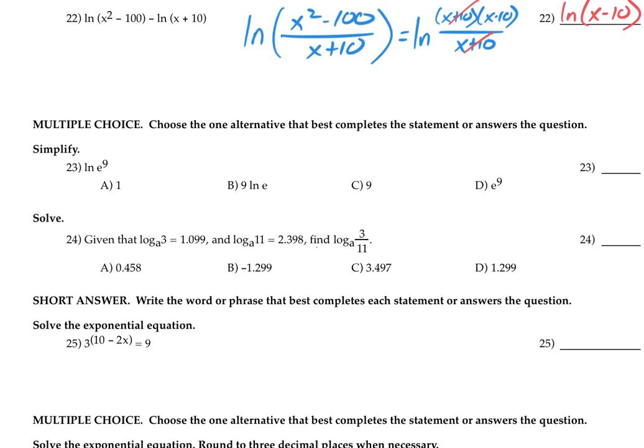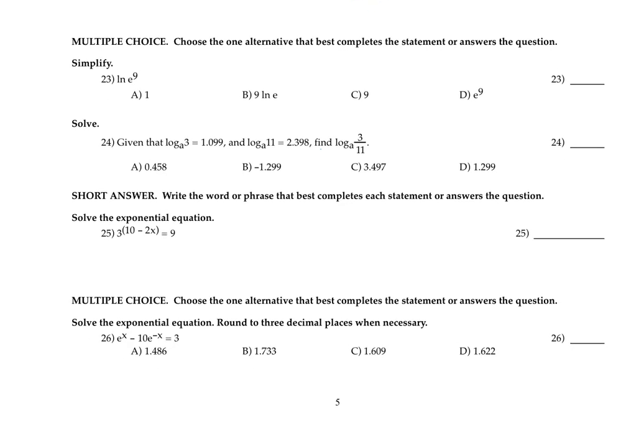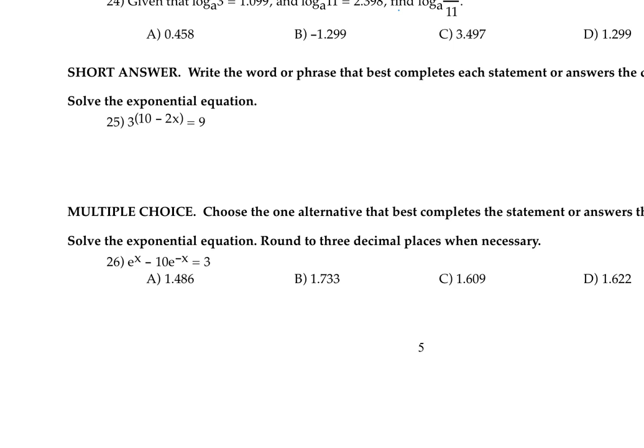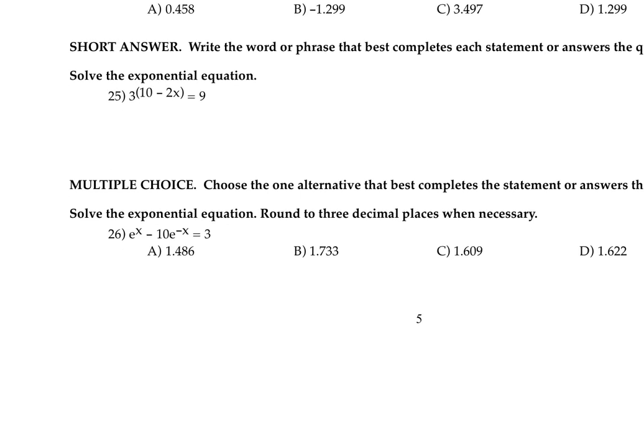You got a few more evaluate type problems using your rules. Number 25 with base 3. I showed you a couple of different ways that you could do this problem. You could log it, frog it, solve it, because we have a variable in the exponent. There's nothing wrong with log it, frog it, solve it here, okay? But I think probably the easier way, if we can do this, is